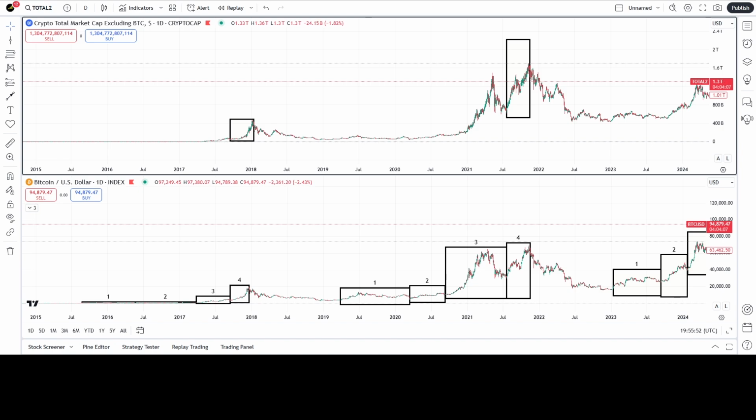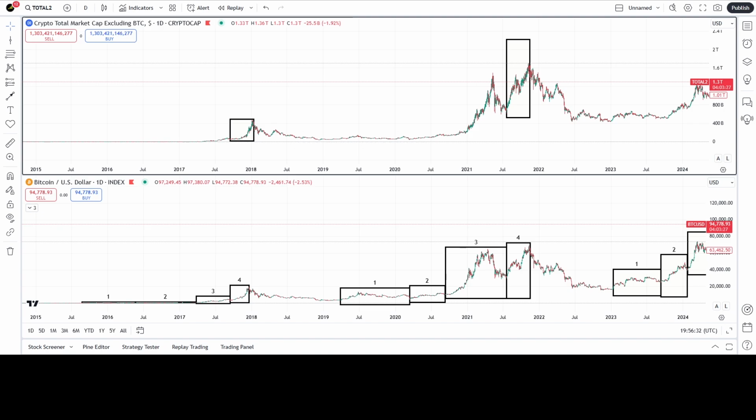Okay, so there are two different charts here. The chart on top is total 2. Now total 2 is all of crypto except for Bitcoin. So it's the entire crypto market minus Bitcoin. On the bottom is the Bitcoin chart. Now I want to compare these charts to each other, and I want to focus on the 2021 bull run structure and the